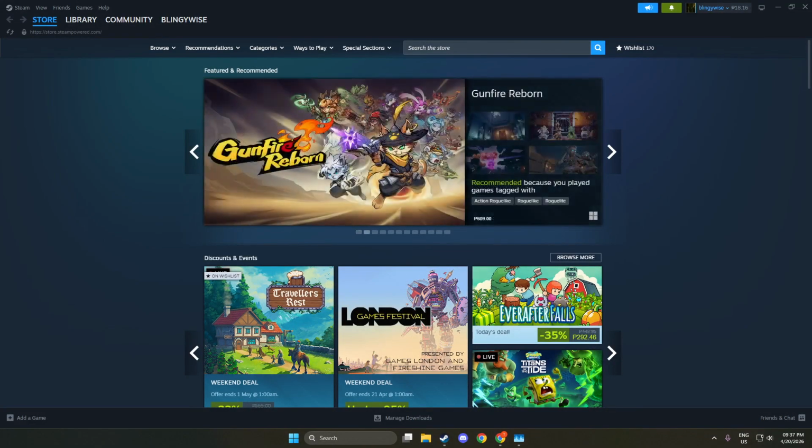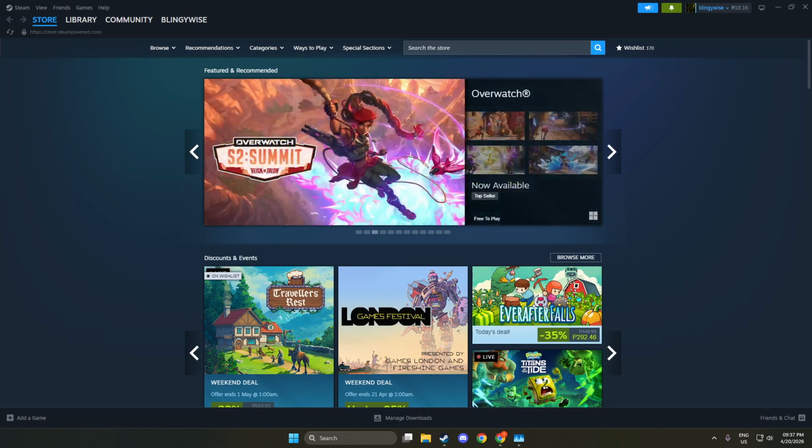First, open Steam. You can launch the desktop app if you have it installed, or head to the Steam website in your browser. Make sure you're signed in to the correct account since wallet funds are tied to a single profile and can't be transferred later. If you're on the app, give it a second to sync. On the website, confirm you're on the secure Steam domain before continuing.